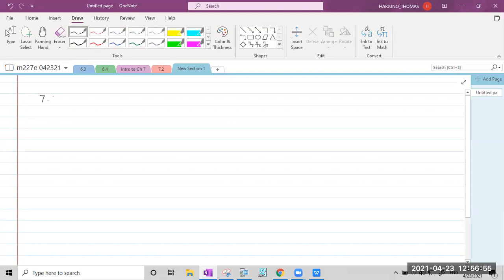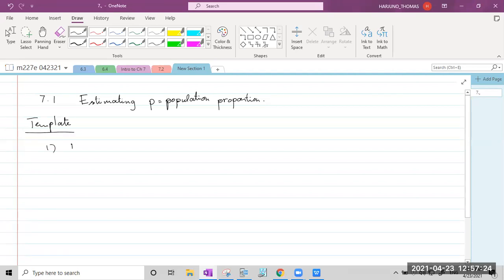Now, 7.1 is estimating population proportion P. Now, if you remember the template, step 1, best point estimate for mu is X bar, right? Okay, now here, when we are estimating P,